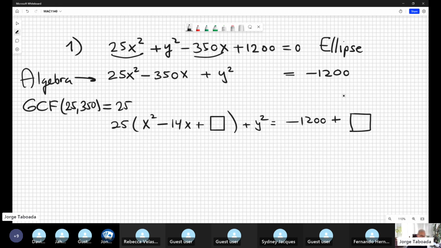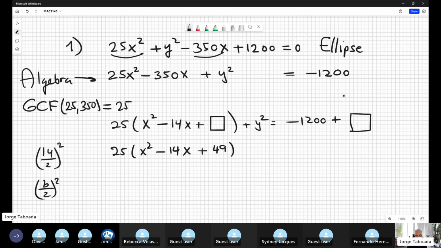Now, Gustavo, you take 14 without sign. I don't care about the sign. You divide by 2 and square. This is the formula, b over 2 squared. This is the completed square. 14 divided by 2 is 7, and 7 squared is 49. So you put 25 times x squared minus 14x plus 49, which is the answer when you divide by 2 and square,